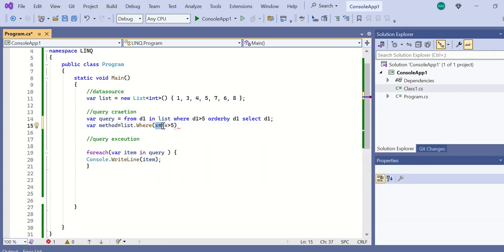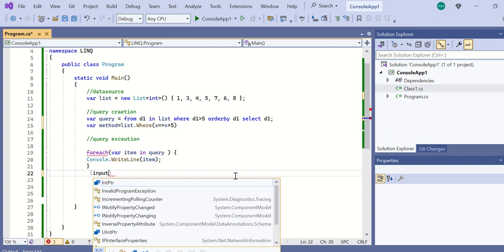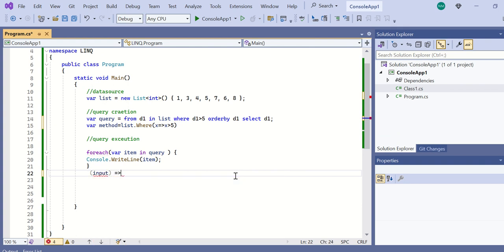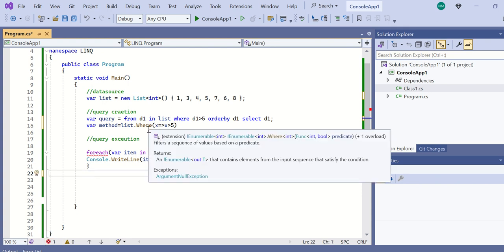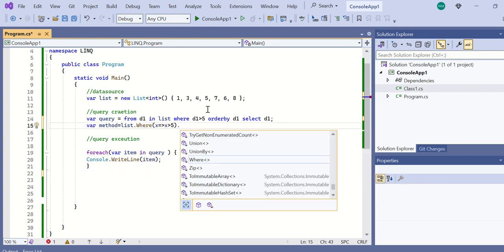Inside this it is a lambda expression. A lambda expression is nothing but just a one-liner function. So here this lambda expression syntax looks like this: input, and the one-line function that you want to write here. So we write a lambda expression inside these methods. And order by,